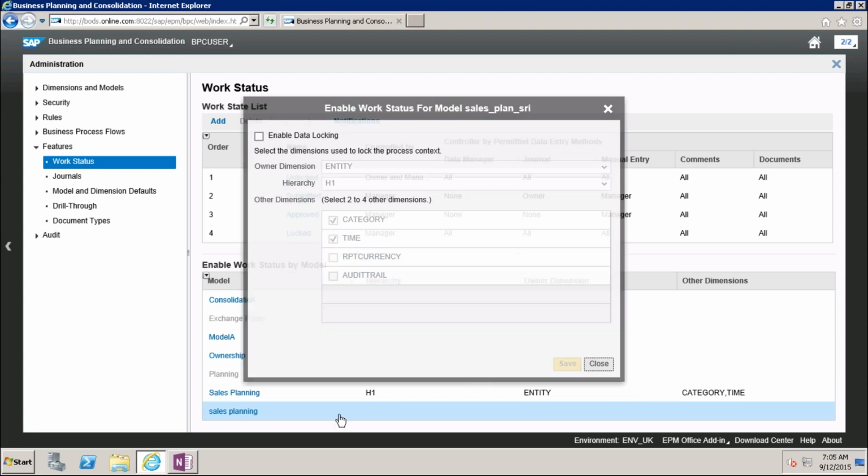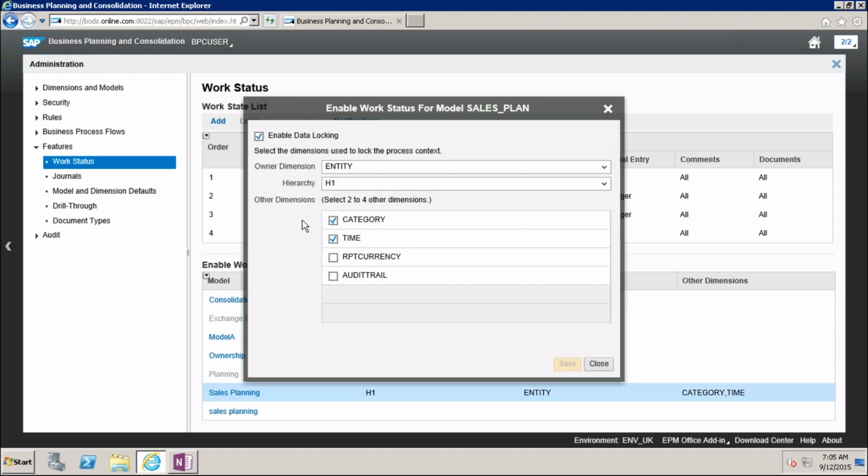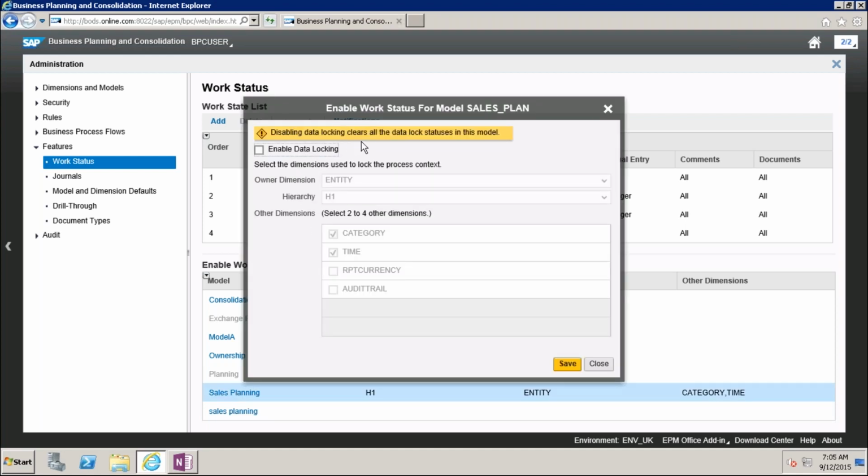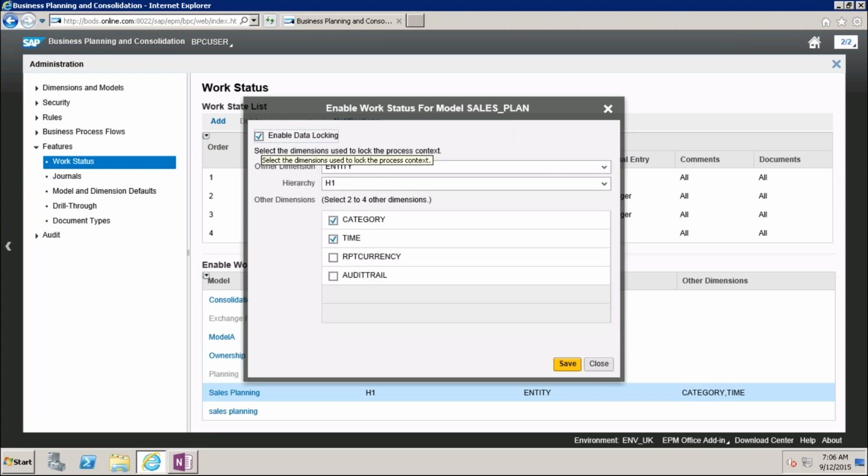When you check the checkbox, see here: disabling data locking clears all the data lock status in the model. Once you enable the work status, please remember this checkbox, and don't uncheck it.